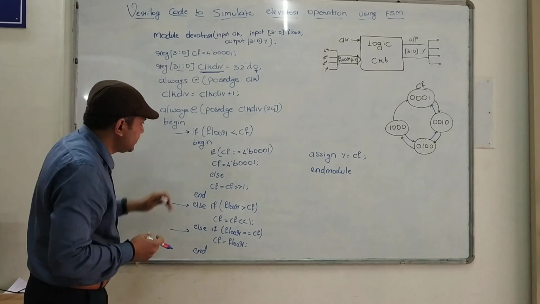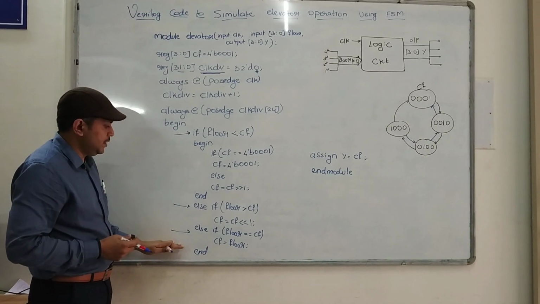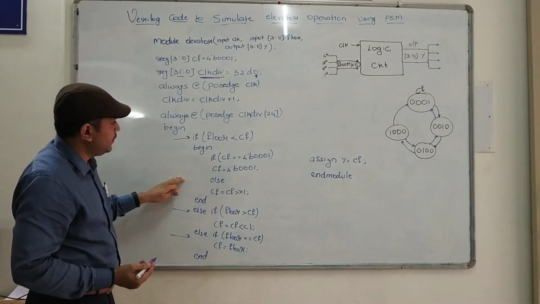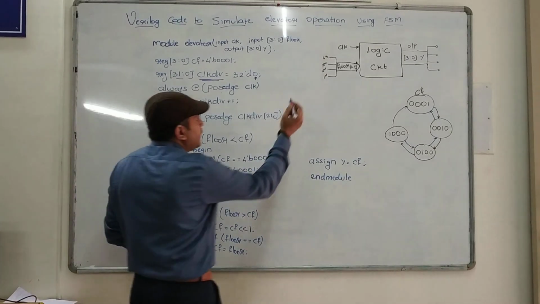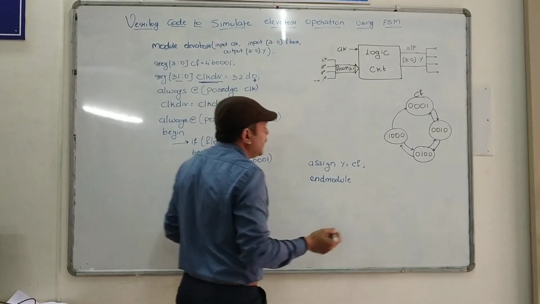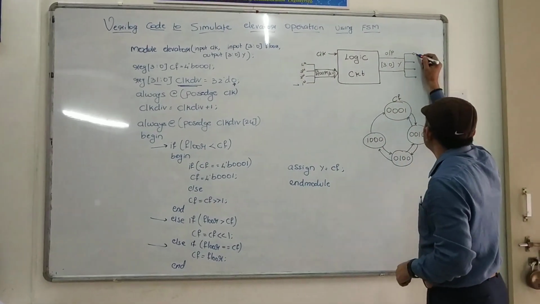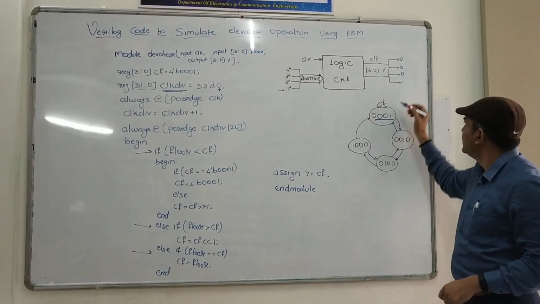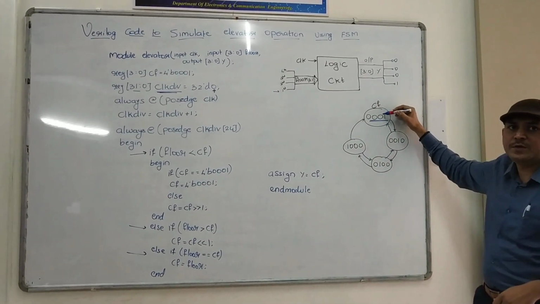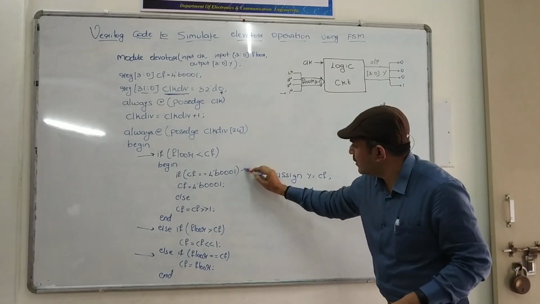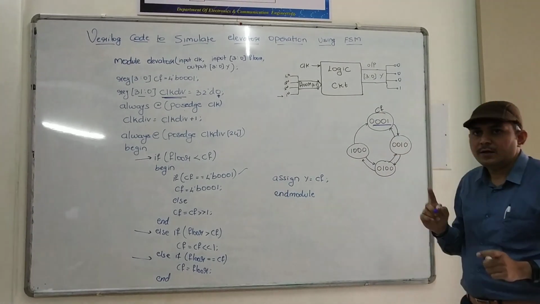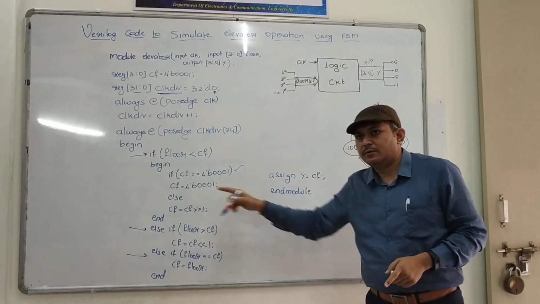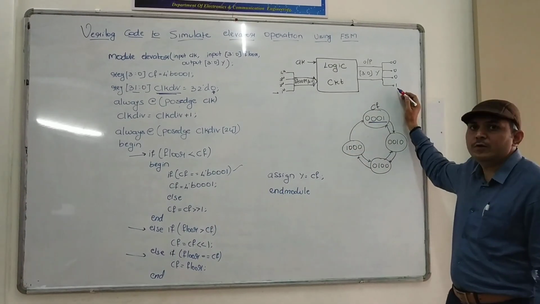Let's understand how these statements work, first with an example. Say we are in the ground floor. The value here will be 0001. As you can see, this is the value. Current floor will always be 0 by default, chosen by this statement, and it will be assigned there also. By default, this value will be there.